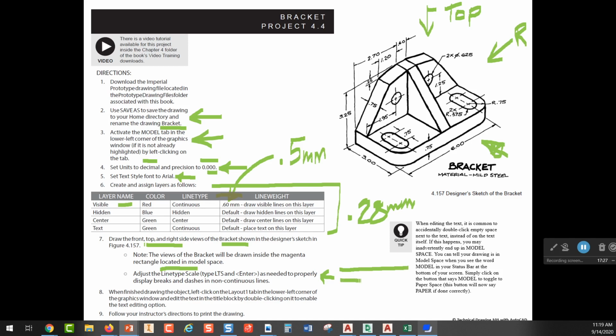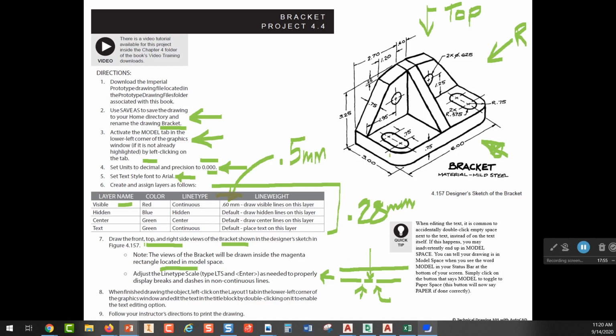So by changing your line type scale, you could make that center line look the way it's supposed to. What line type scale does is it controls the size of these gaps right here, and it controls the lengths of dash lines. So keep that in mind. In module 1 of chapter 4, there's a video on line type scale. It's very short, but